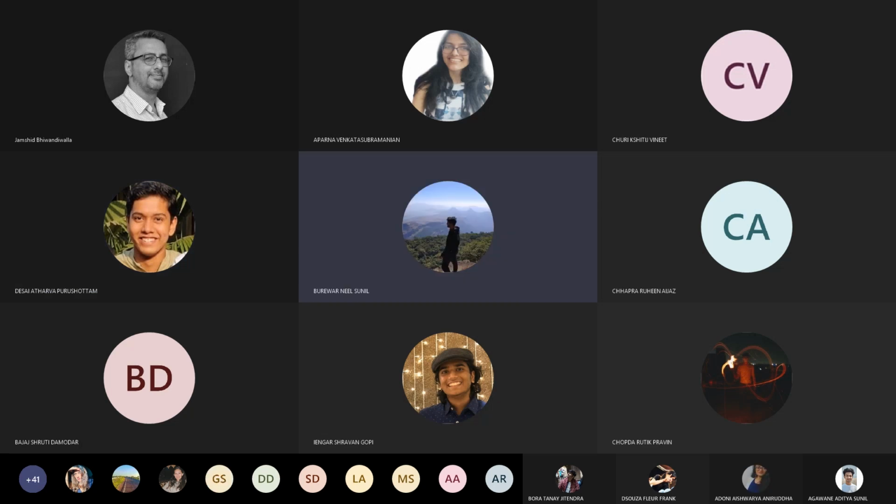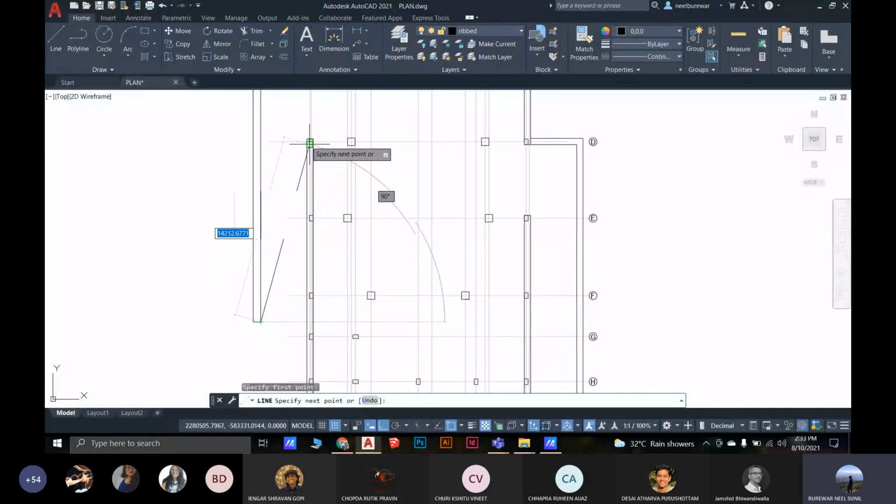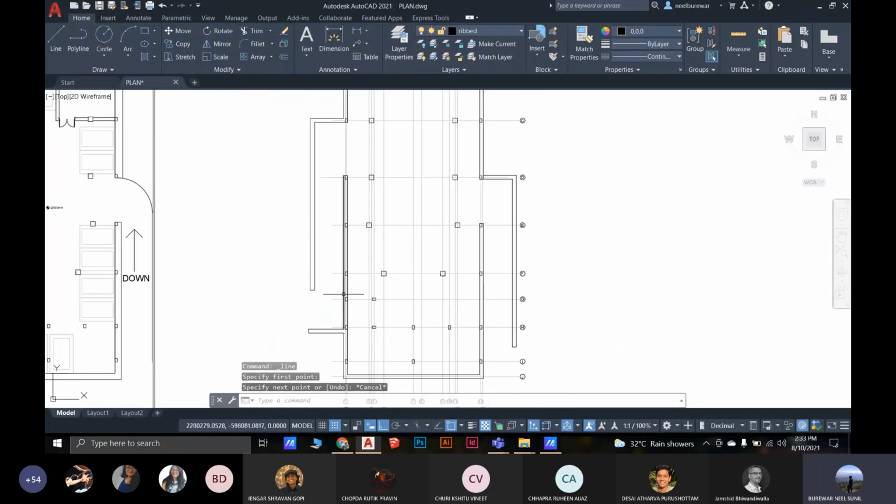Hi, Jimmy. I have a small doubt. I am having a setback distance of 4.5 meters, but it is getting compacted by the retaining wall on the other side. So it now becomes like 4 meters. How should I figure this out? If your guide allows you a 4 meter setback, I have no problem with it. You talk to your guide, otherwise you shift your building inside. As simple as that.